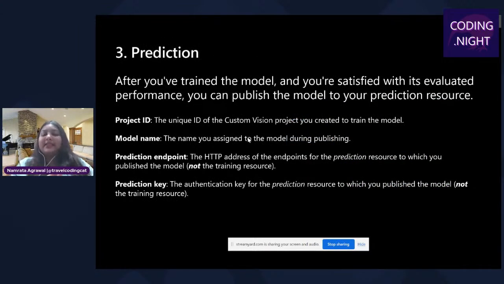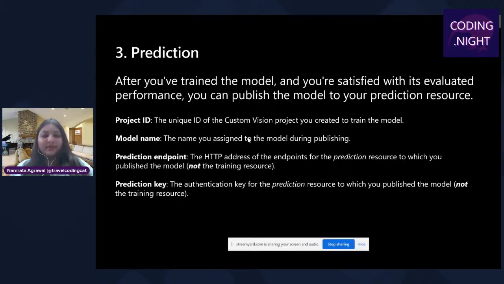And testing can be done using the remaining images from your data sets. So once you train it, these are the important aspects which you need to keep in mind, because they would be utilized in Power Apps: project ID, model name, endpoint, and prediction key. And I must say that the prediction key and endpoint are really sensitive once you train it and cannot be shared publicly. So I think this is a very important thing which everybody needs to be cautious about.